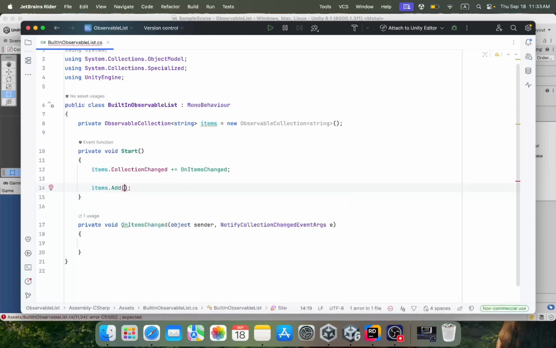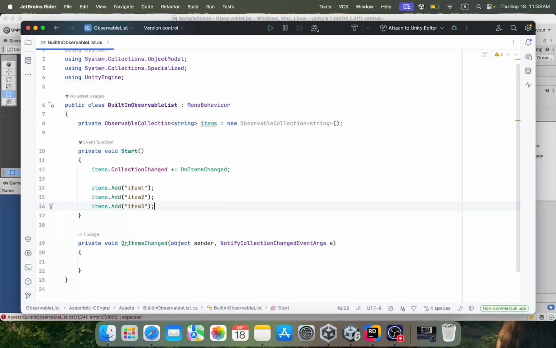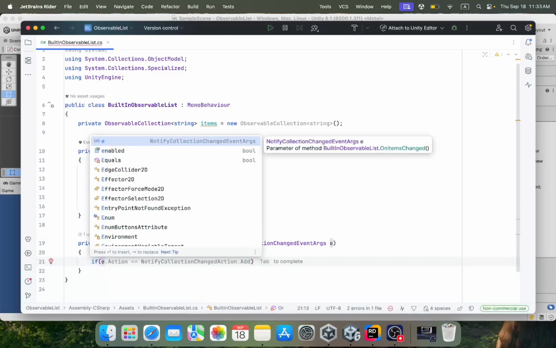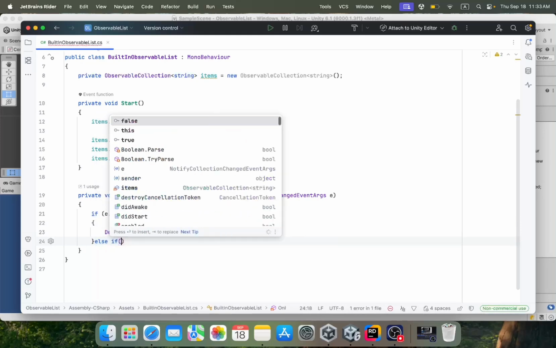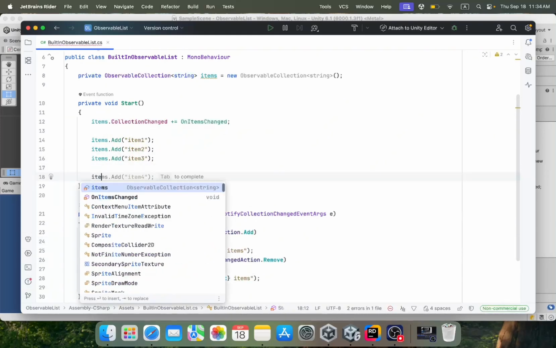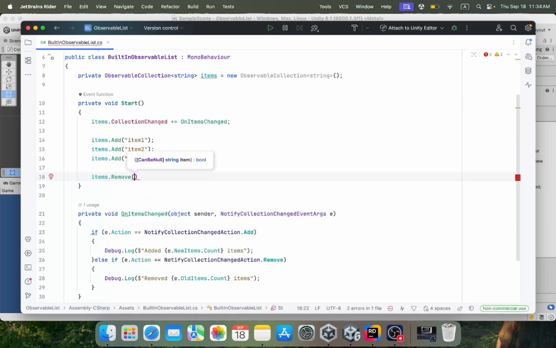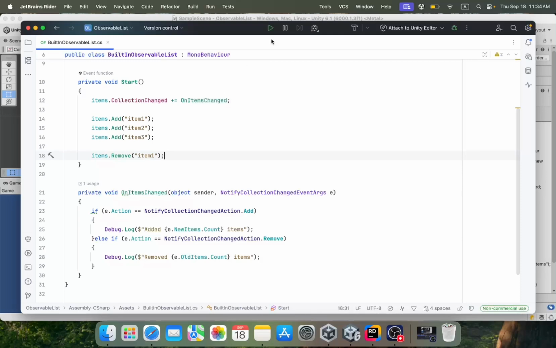This function will take in two parameters, the sender and the event arguments, basically the notifier. Let's add three items to this, item 1, item 2 and item 3. And also we are going to say that if e.Action is equal to Add, meaning the collection has changed, we will debug a message, added items, and if the action is equal to Remove, we'll say removed items. Also let's add Remove, and we are going to remove item 1. Now let's save this